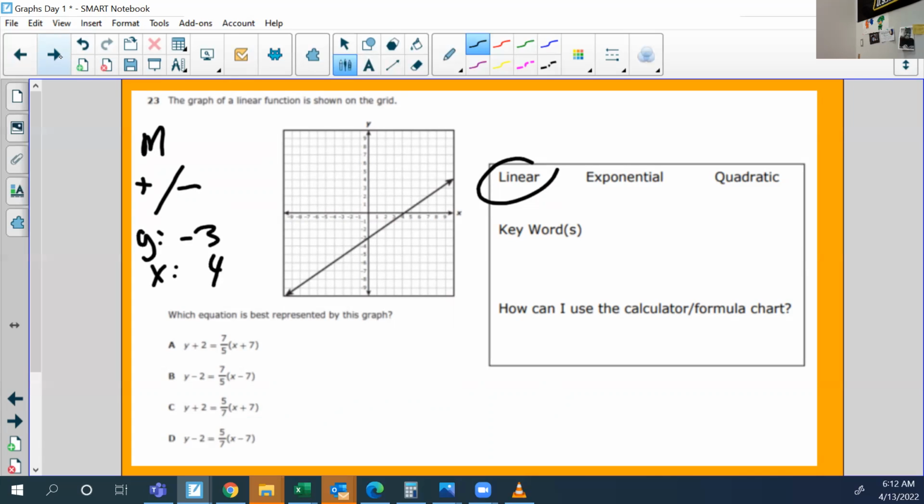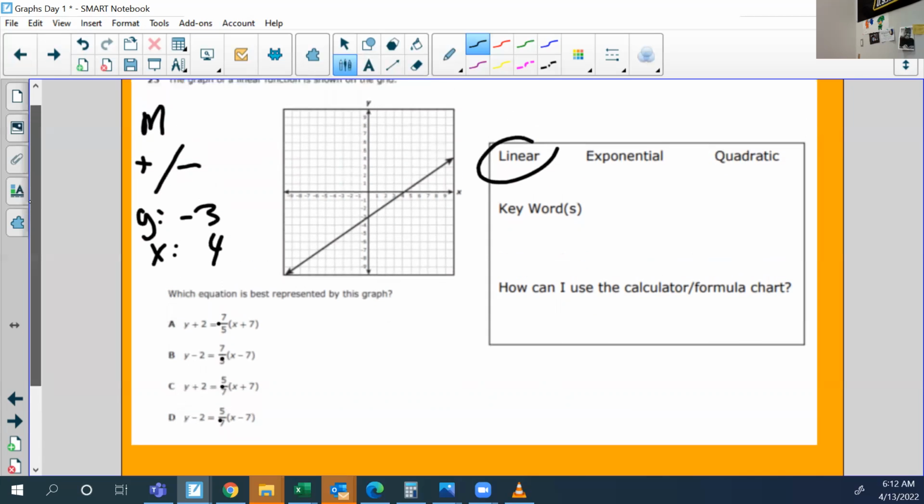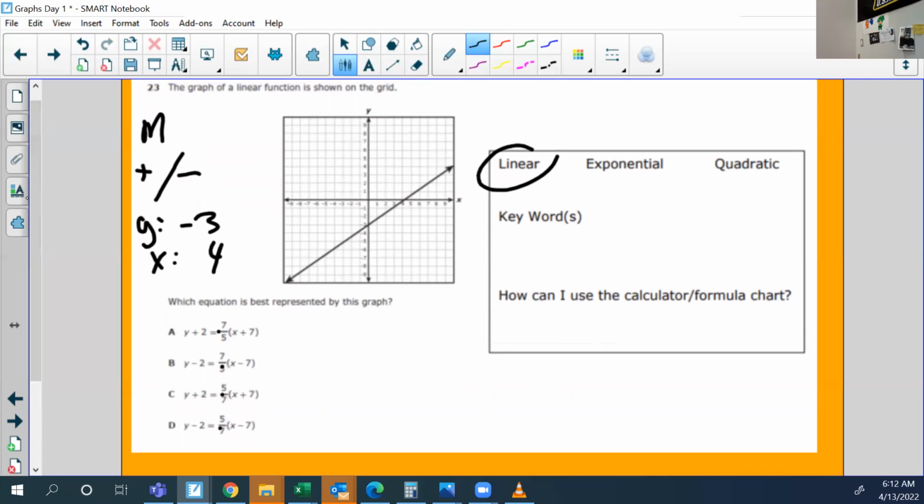Now I look at the equations, they all have positive slope. So that's not going to help me. So now I've got to find the slope of the line. So I'm going to use rise over run. So I'm going to pick 2 points. I'm going to go with this one where it crosses the y-axis. And then I need to find a good point. Let's go with